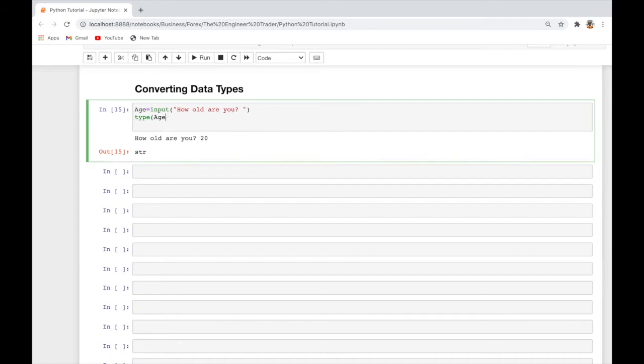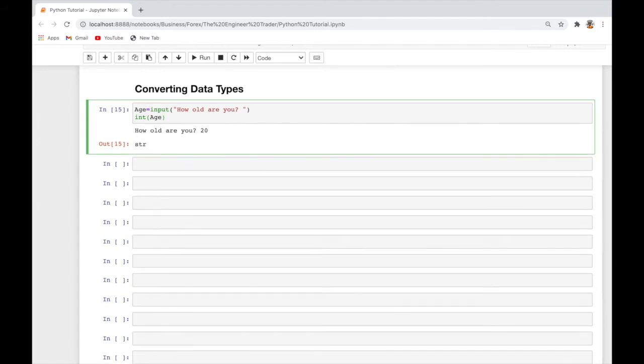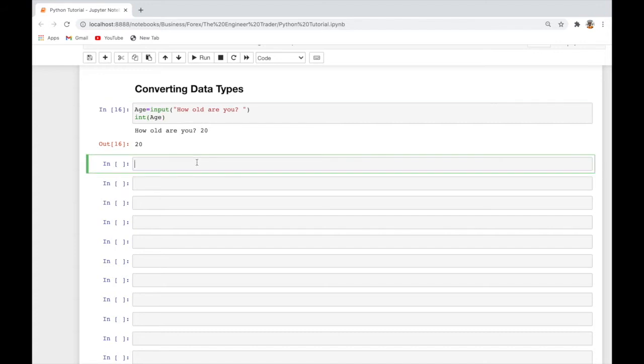Okay, so let's convert this first. int, then age, for it to be converted into integer. Okay, so let's try it now. Run, input 20, and we have now 20 as our output, and this is actually now an integer. So if you don't believe me, let's check. Age, rather int age